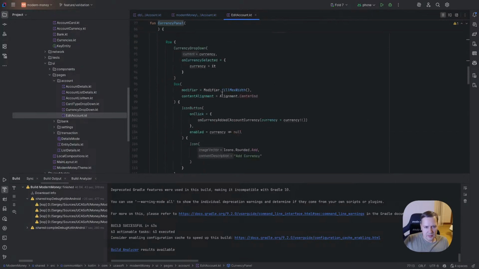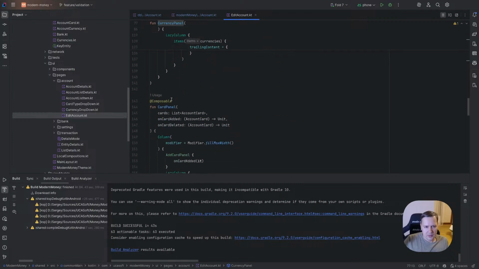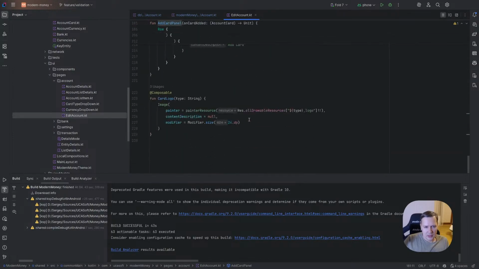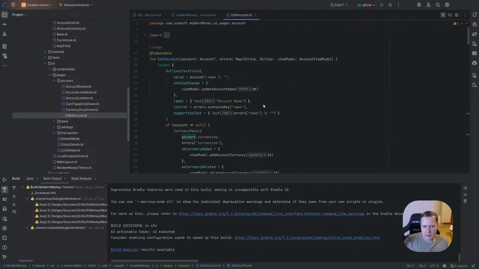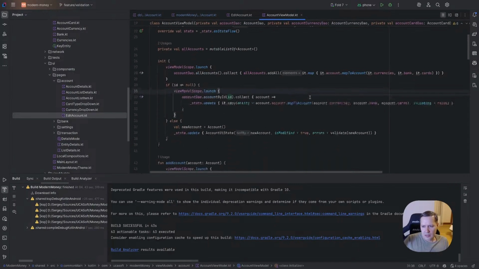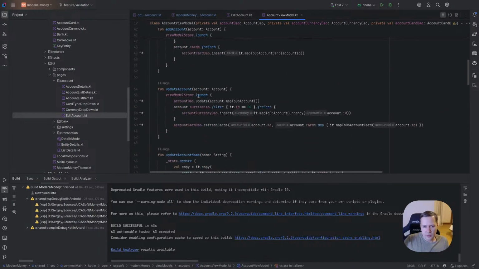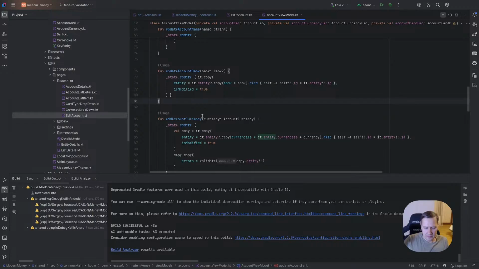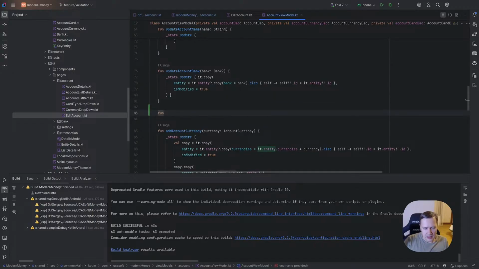We have the currency panel and the card panel. Anyway, we should have the view model, the account view model, and everything should be okay, but we need to update. We have update account bank, update currency, but we also need to update